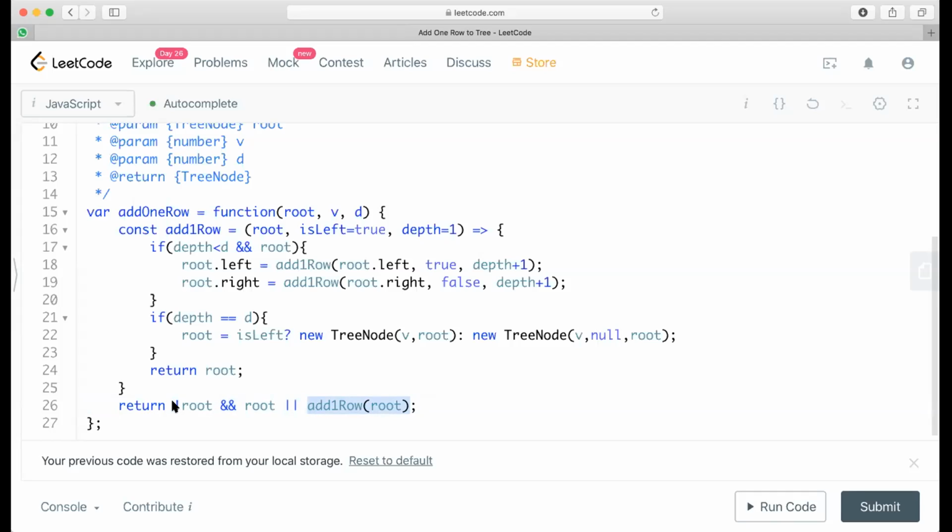Basically it is a very shorthand way of saying that if the root is not null, and mind you, this is outside of the recursive part, that is the starting one. So in the starting one, I'm saying if the root is not there, don't even bother doing anything. Only if it is not null, then do it.